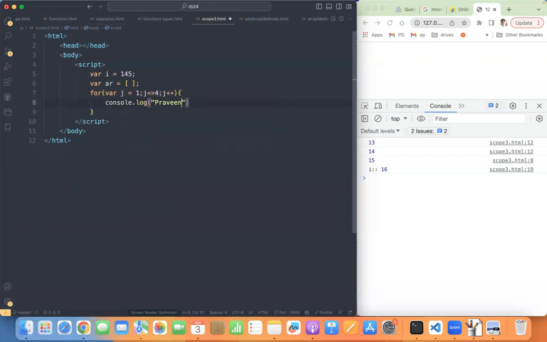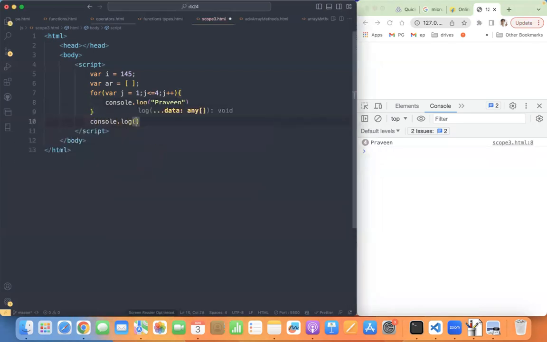How many times will Praveen be printed? Not 5 times. Why? For j is equal to 1, j is equal to 2, j is equal to 3, j is equal to 4. Stop. Right? Answer is Praveen, right?